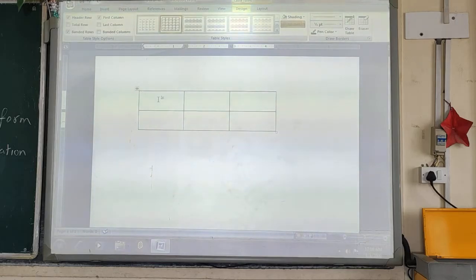Just take your mouse cursor and click on the cell where you want to write. Suppose I selected the first cell. You can just click on it and write from there, like this. Whatever you want, you can type it.